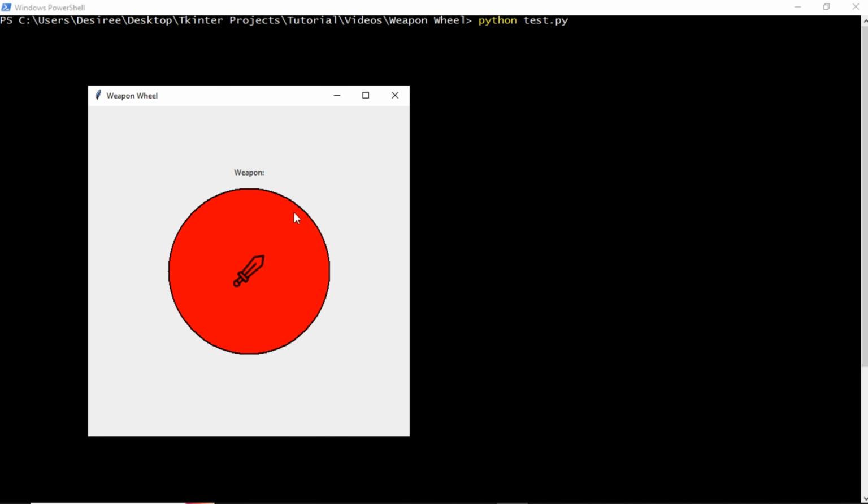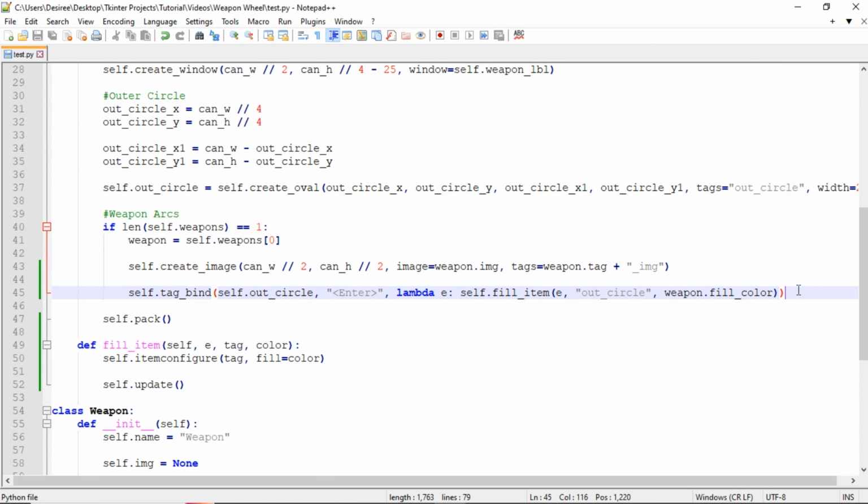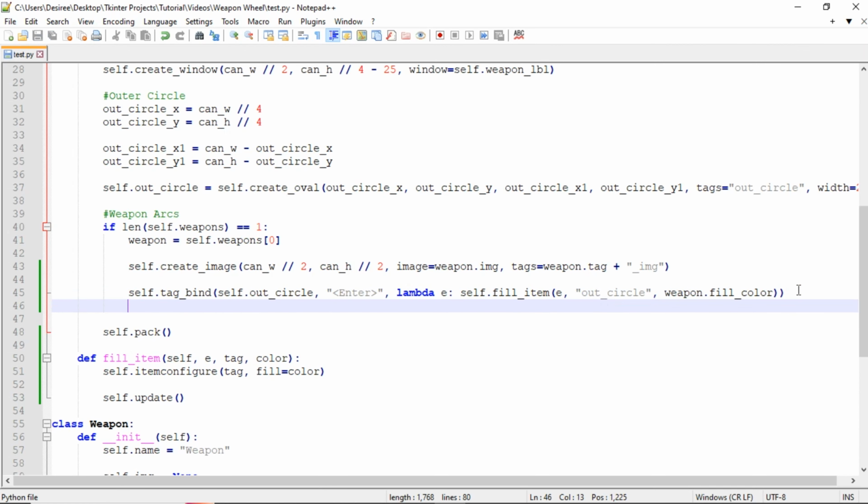And so now the next thing we're going to do is make it where whenever the mouse leaves the circle, it'll go back to its transparent color. Alright, so we're going to go back underneath our tag bind here, and we'll do another tag bind. So self.tag underscore bind, and we'll do self.out circle again, but this time we're going to do a leave event,